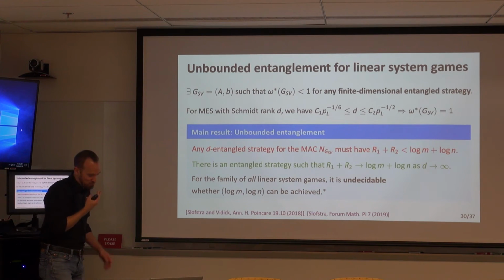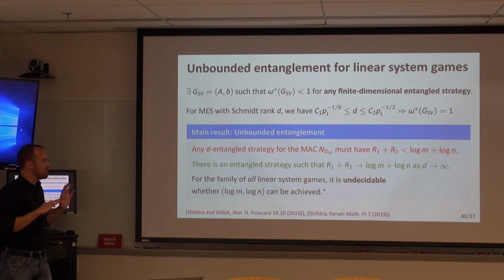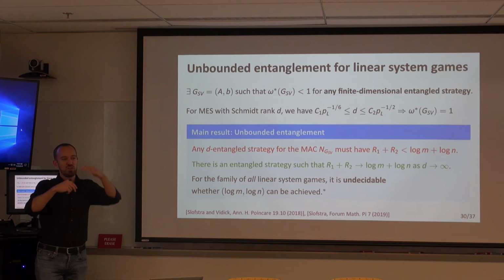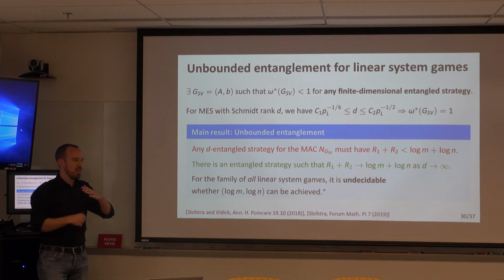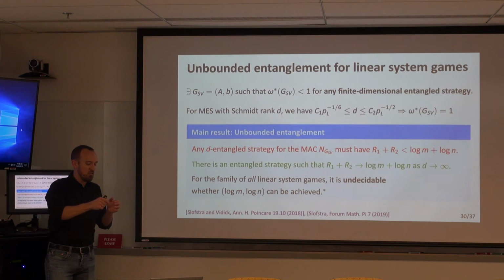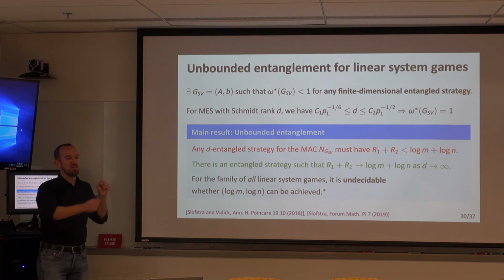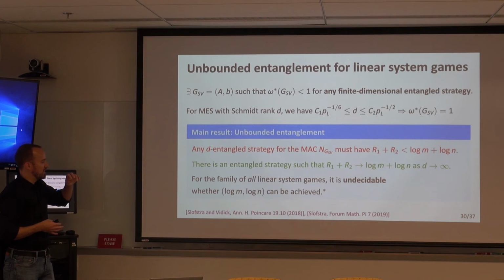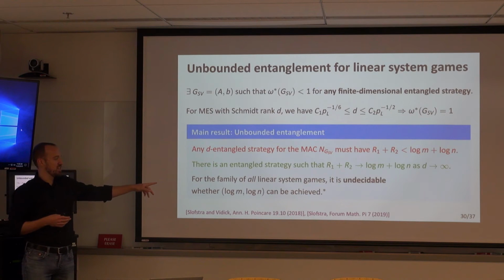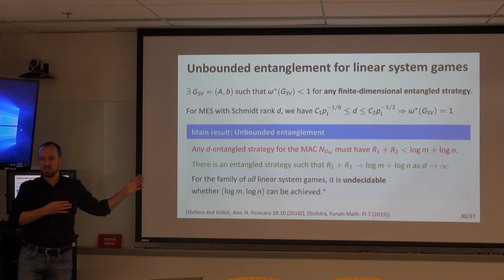because if you know about information theory and you paid attention before to how I defined entanglement assistance, I actually only considered a special case of entanglement assistance where they use the same entangled state for each channel use. Okay? And in theory, you don't have to do that. If you use channels in parallel, you can have one big entangled state and then you use different amounts of entanglement for each channel. Okay? And it might be that using these more general strategies, you can actually achieve this and also decide whether you can achieve that. Okay, so this is something we left open